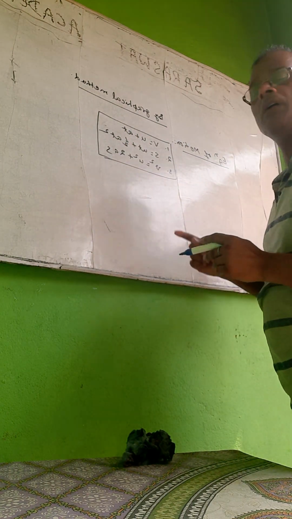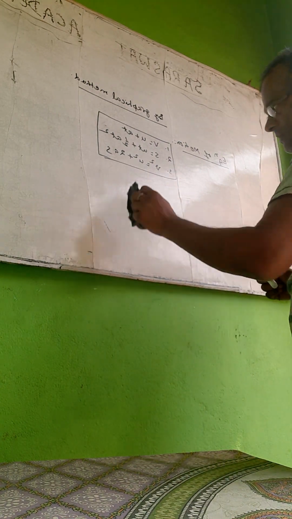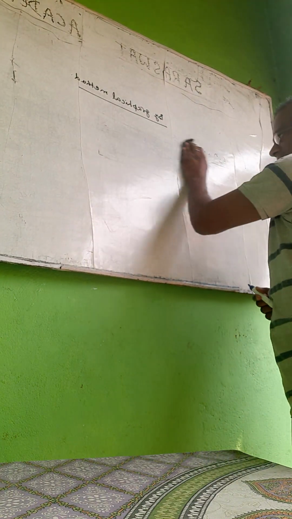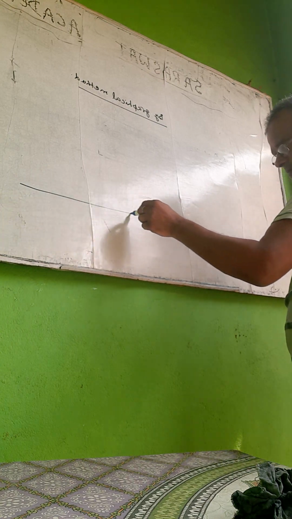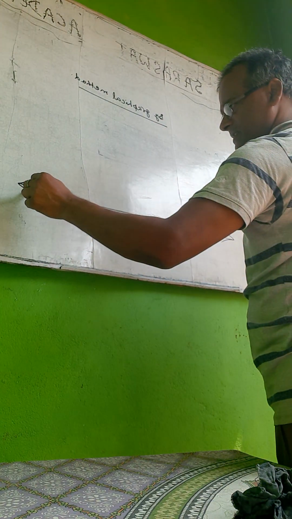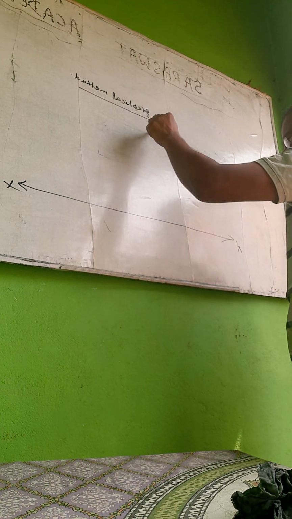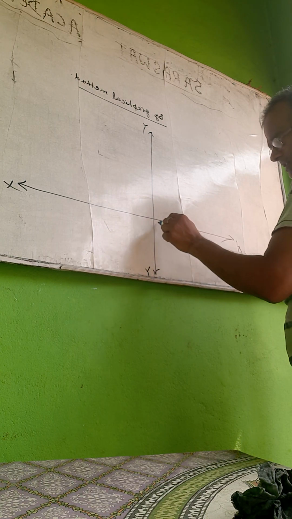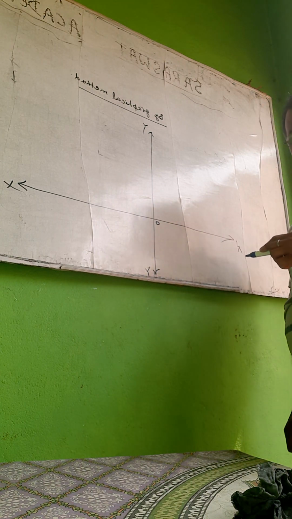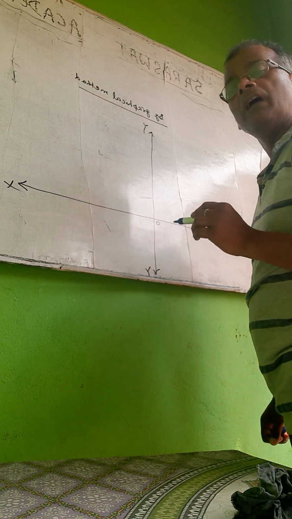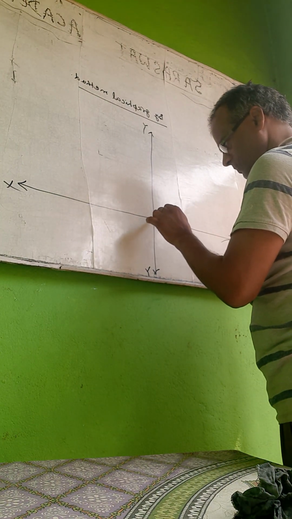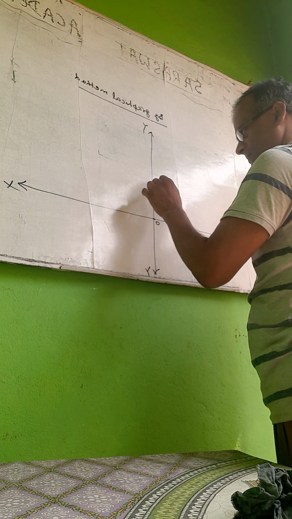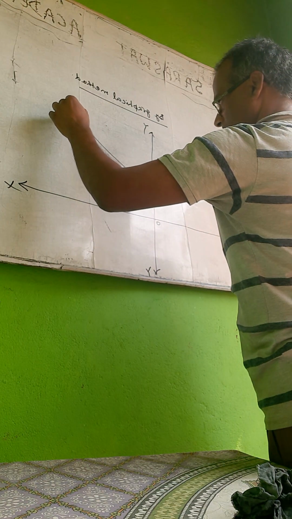For this, first of all we draw axes: this is x-axis, x dash, and second y, y dash, and this is the origin point. We know that after some time an object comes from O to A. Let an object start to move and come to A. After some time that object will be at B.